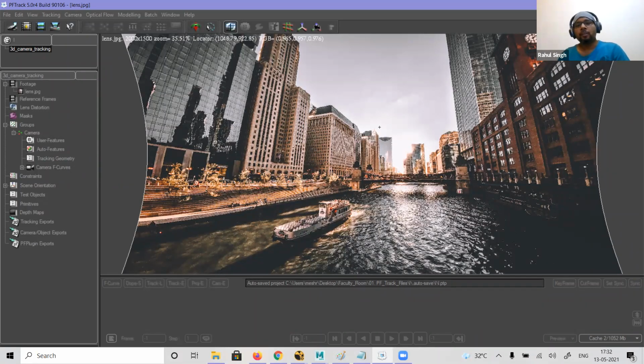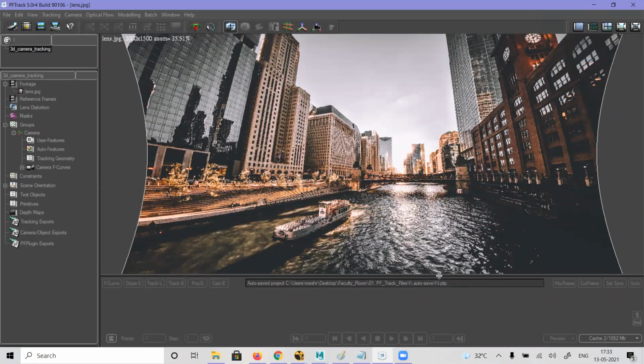So that is why we have two more types. One is radial, one is anamorphic, right? Both will have lens distortion because both are curvy in nature. So somewhat little or more you will get lens distortion. That is why it is always necessary, before tracking, please correct the lens distortion whenever you are doing the match move. Because lens distortion can give you an error of more than 2 or 3 also. So lens distortion correction is very important before tracking any footage. Clear, everyone?